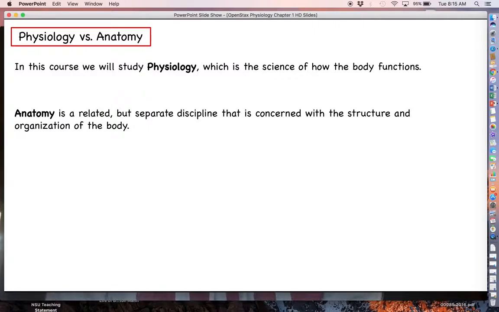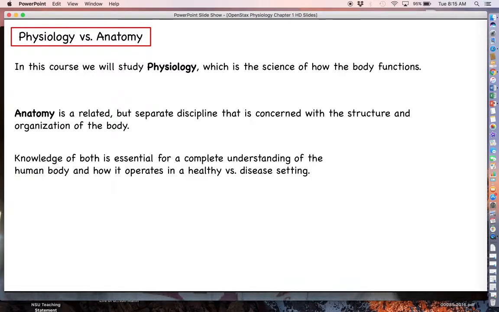Since most of you probably have already had human anatomy, you're probably aware that anatomy is all about structure and organization. In an anatomy class, you do a variety of different studies and dissections to help you understand where specific structures within the body are located and how they're connected to each other. In physiology, we're going to be focusing a lot more on function rather than specific information on structure and